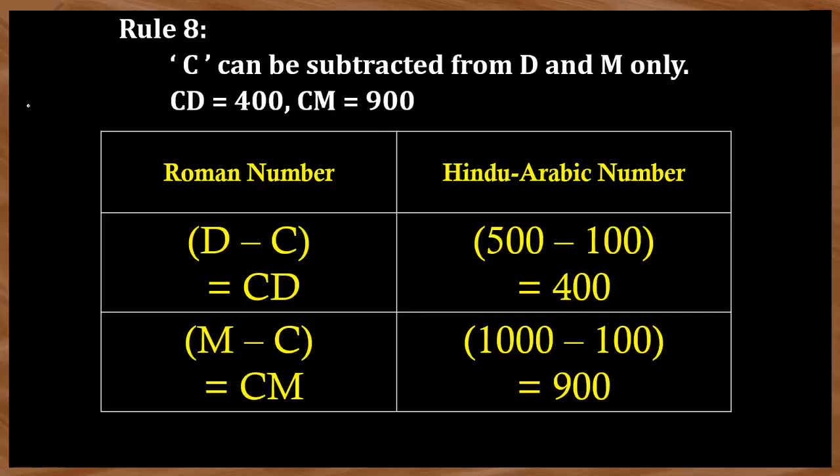If you want to write 400, you should not write 4 C's like this, because C should not be used more than 3 times. So this is the wrong method, this is the right method. If you want to write 900, how can you write this? Generally we can write 500, 600, 700, 800 only. Because C can be repeated 3 times, you have to write up to here only, to write 800. You should not write one more C to write the 900. You have to subtract 100 from the 1000 only, like this, which is CM. This is the wrong method. These two we can write by using this subtraction rule only. These are the examples already explained.